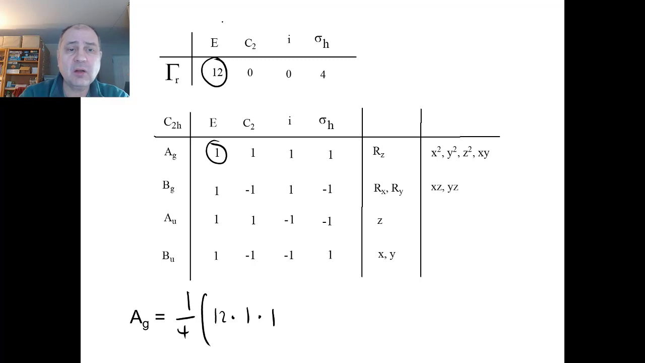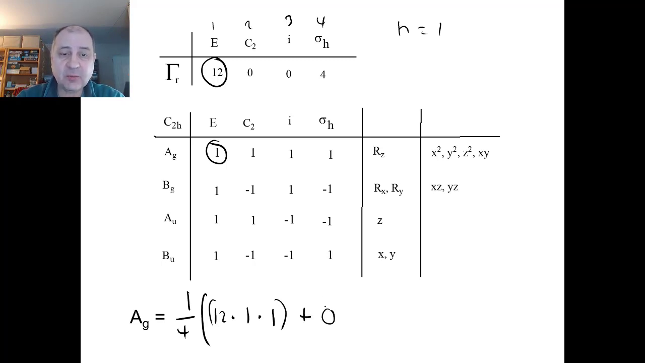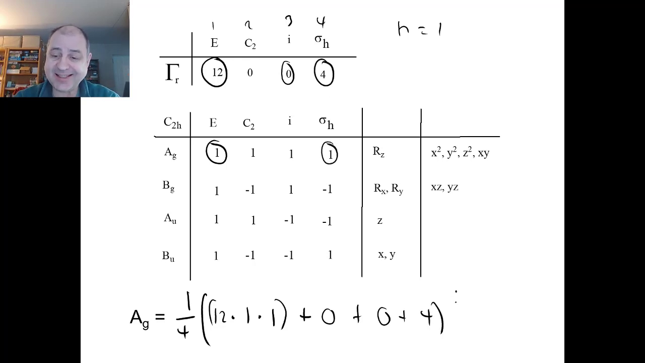We still have 4 symmetry operations for the C2h point group here. 1, 2, 3, 4, and N is equal to 1 for each of the symmetry elements because there's just one inversion center, 1 horizontal plane, 1 identity, etc. Okay, so we have the first one is 12. The next one is 0, pretty easy because 0 times 1 times 1 equals 0. And then again we have a 0 here, plus 0, and then 4 times 1 times 1 is 4. So we end up with 16. And 16 divided by 4 gives us 4